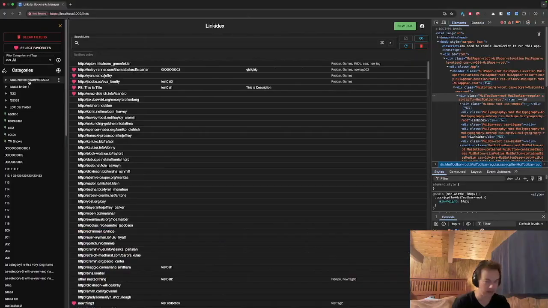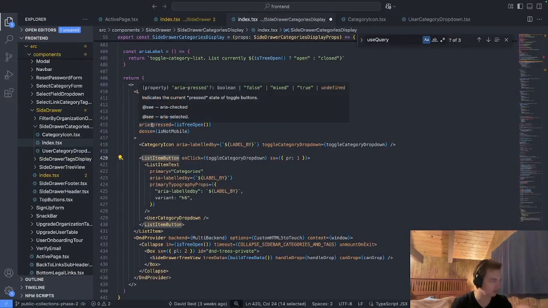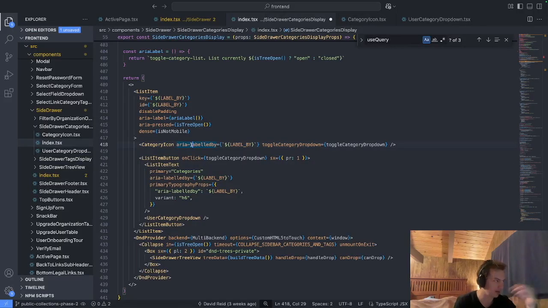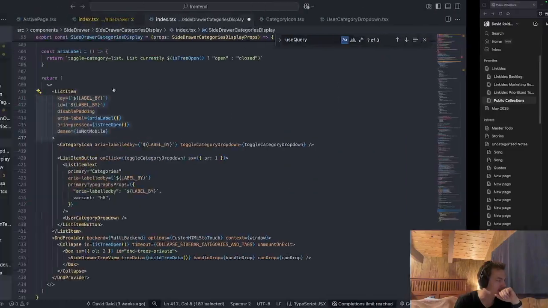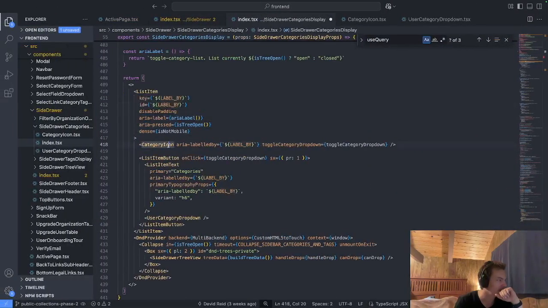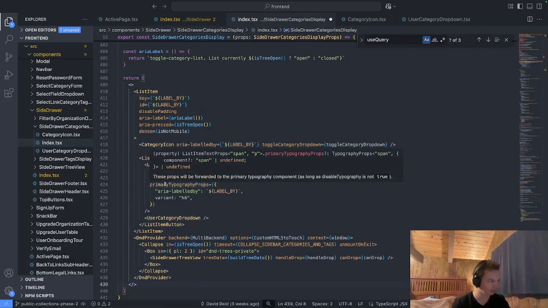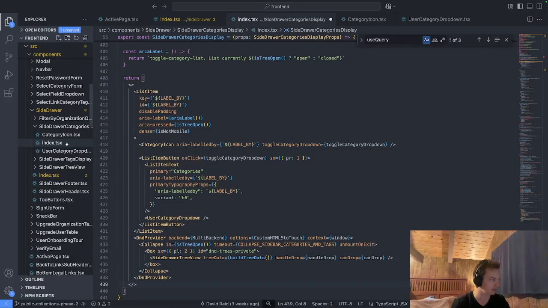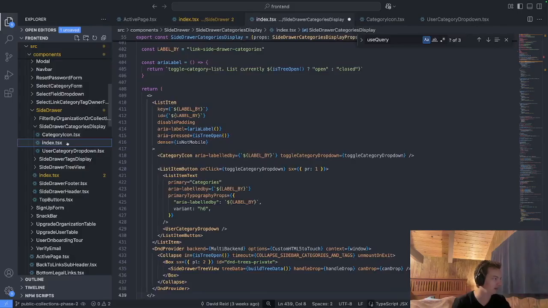is this. I would normally be doing this on 2 screens, but I'm only recording 1 screen right now, so there's going to be a lot of back and forth. And then this whole list item is just this thing. Yeah, okay, cool. Yeah, okay, so all of this we're going to end up rendering. This is all going to be something else. So this is going to be, what do you call this? Side drawer categories, category display. So this is going to be,